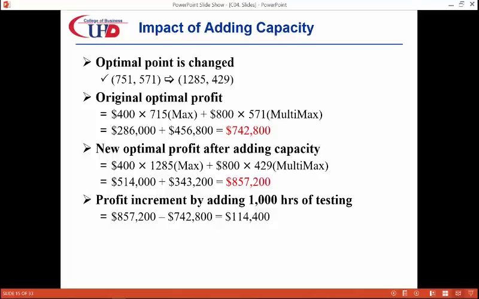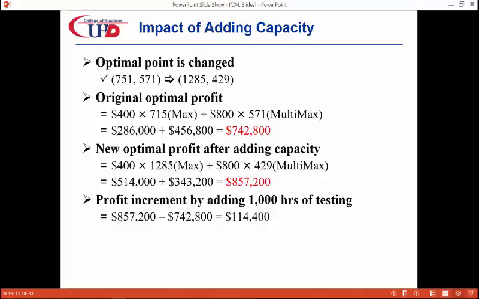Now let's go back to calculate the profits from the original solution and from the updated solution. It turned out that by increasing testing capacity from 5,000 hours to 6,000 hours, the optimal profit is increased by $114,